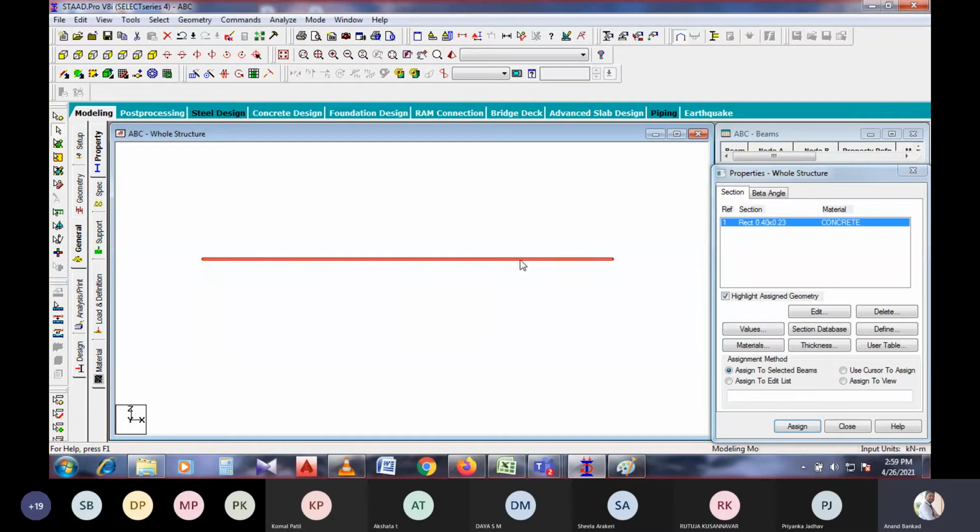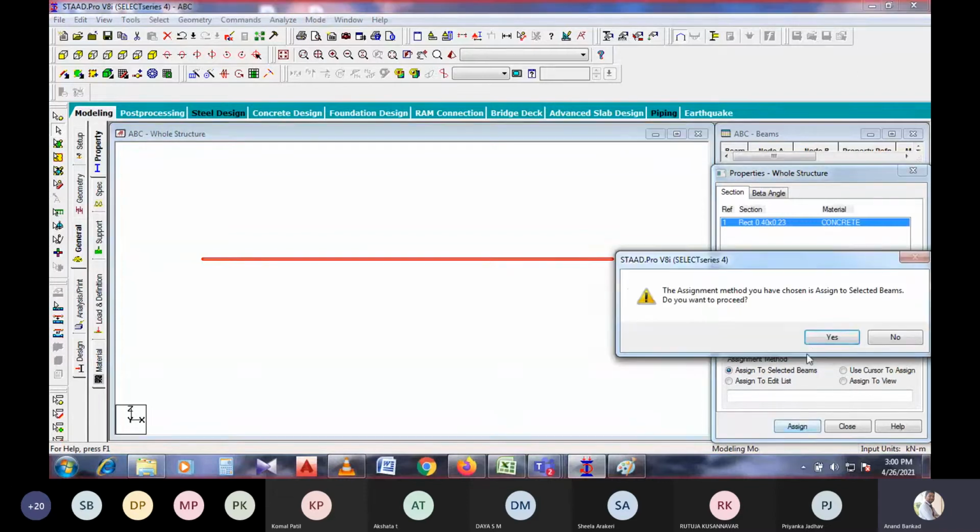Later we need to select this beam, and then assign to the selected beam the section we have created. The beam is selected and the section is created. This section has to be assigned to this beam by selecting this, and I will just click on assign.